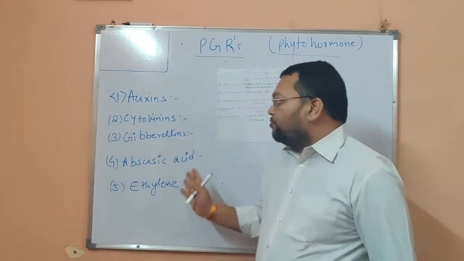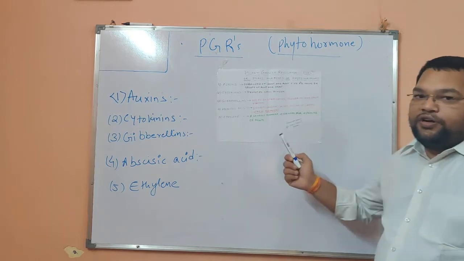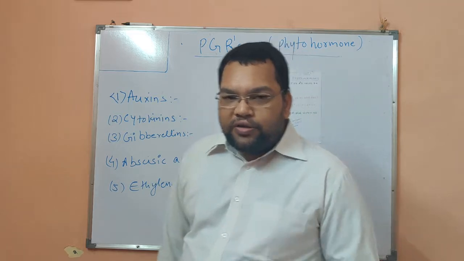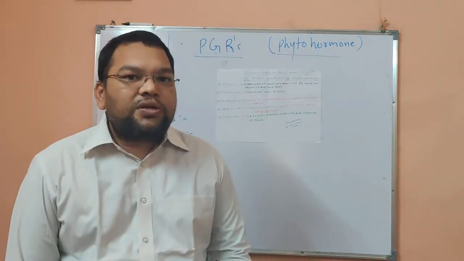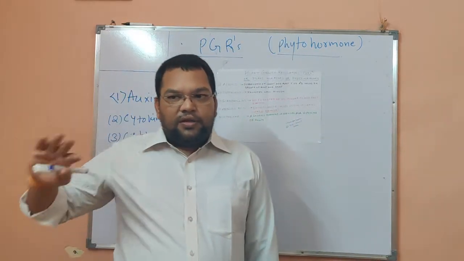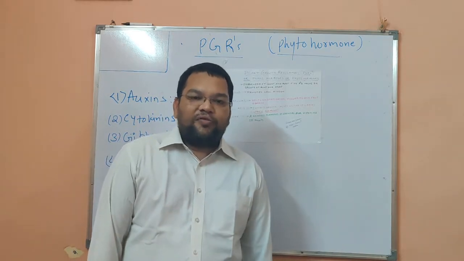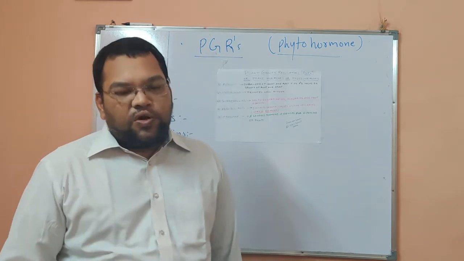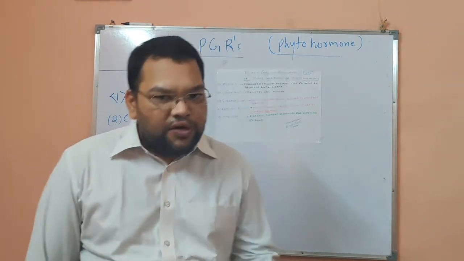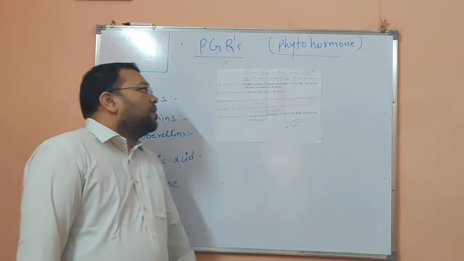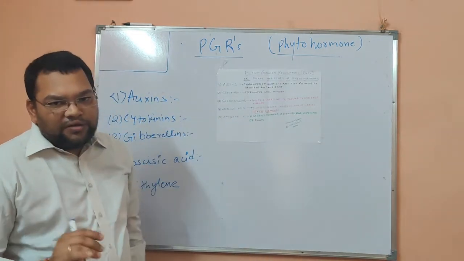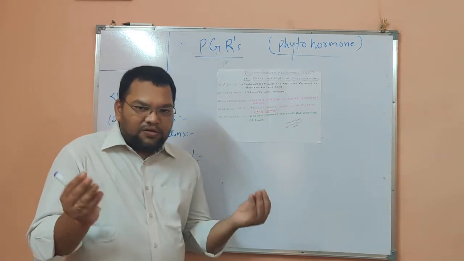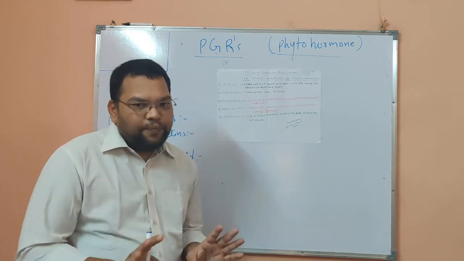So on the board I pasted the different types of plant growth regulators. Now what is the question asked from this? Simply the question is asked about the role of different plant growth regulators. Now in one of the exams I found the question: what are phytohormones? What are the different types of phytohormones? What is the work of these phytohormones? Now the phytohormones, plant growth regulators, PGRs, plant hormones, are the same thing. These all words are same.